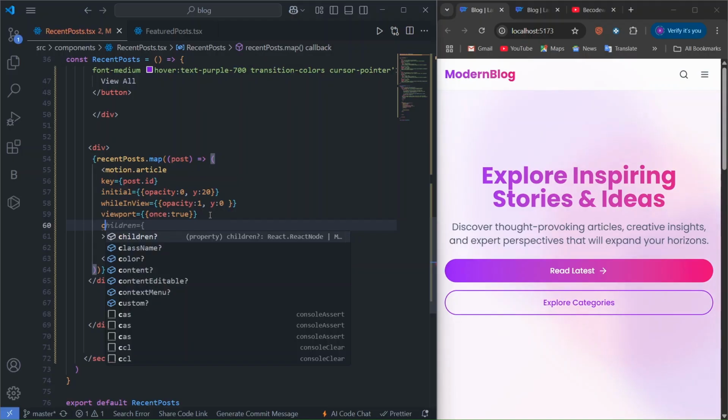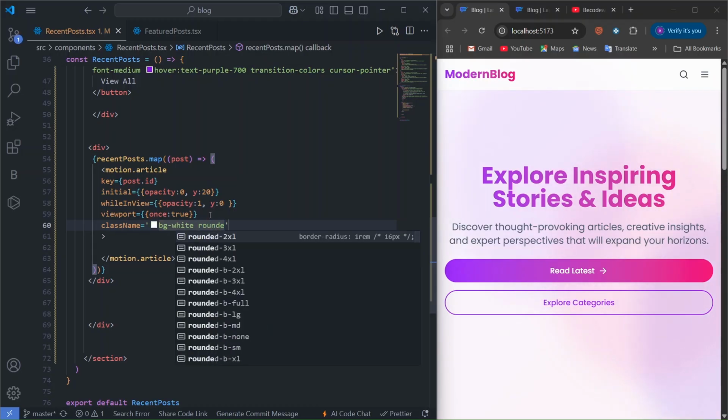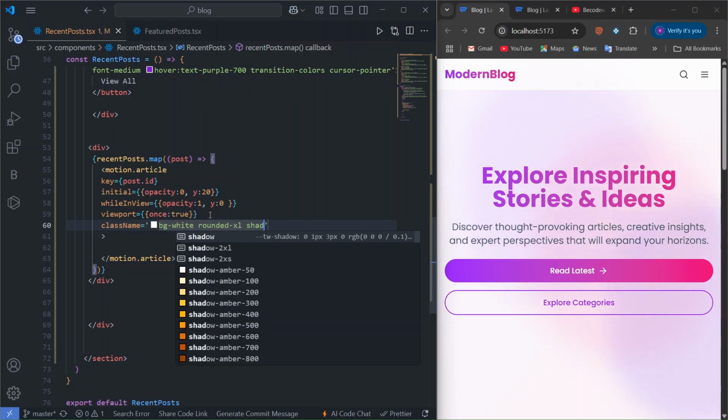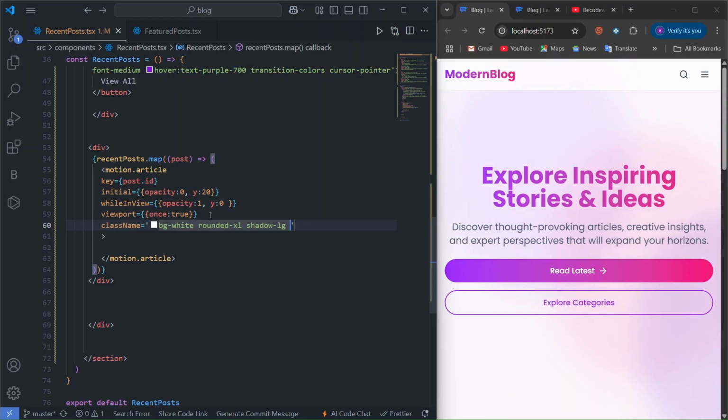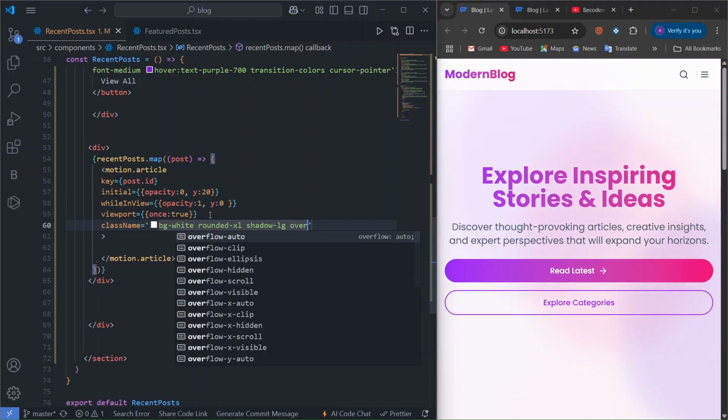So class name, and we can style our article like background white, right? We can make rounded XL, that is enough, and shadow we can make LG, and then we can write overflow hidden,